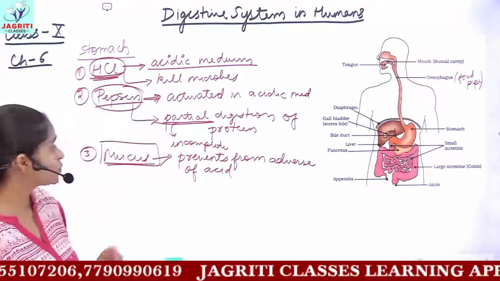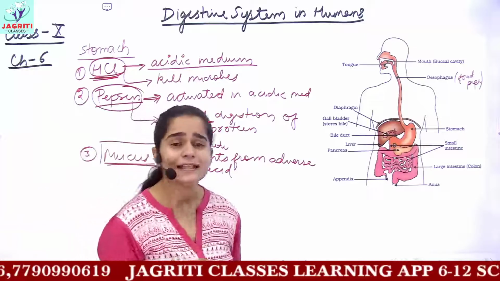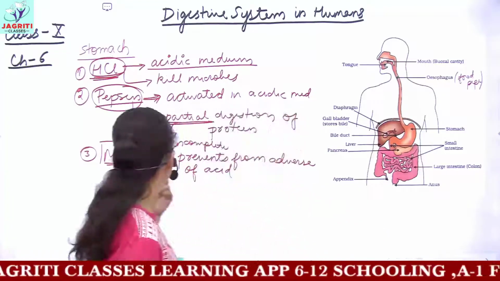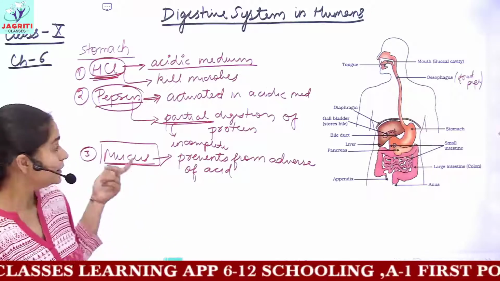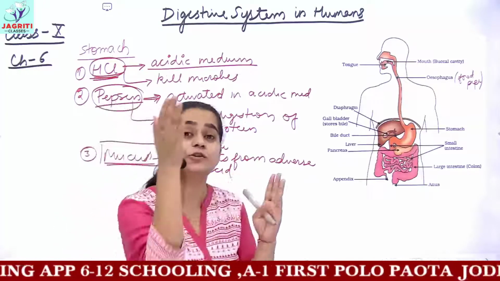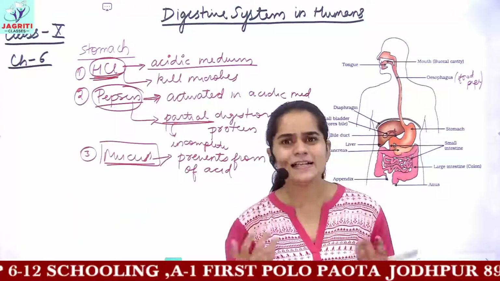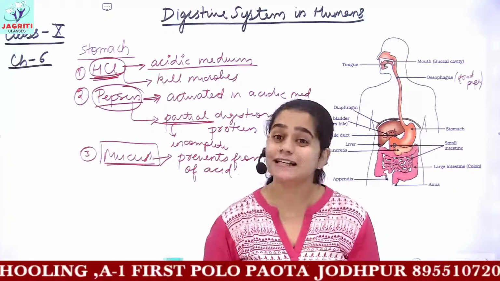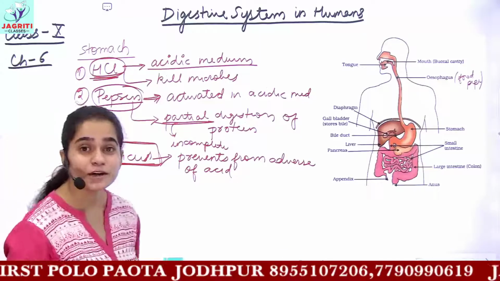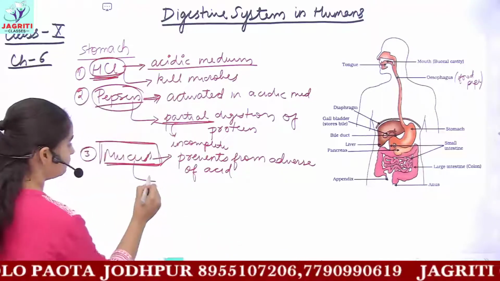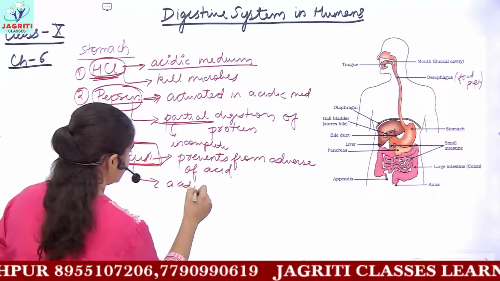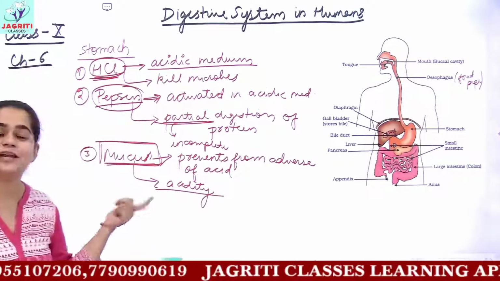Okay, now next, whenever for any reason, that is, if you take very spicy food on a daily basis or due to any other reasons, this mucus layer gets destroyed, then what we observe is that HCl produces a burning sensation towards the walls of our stomach, and this is what we call the gastrointestinal disorder called acidity. So whenever this mucus layer becomes irregular or it ruptures, then we suffer from the problem of acidity. In turn, you can know that this mucus is a very important layer.